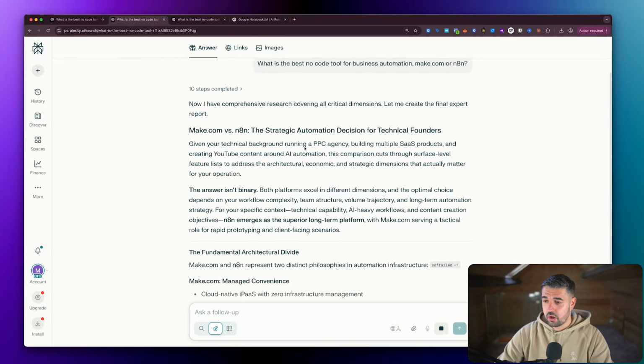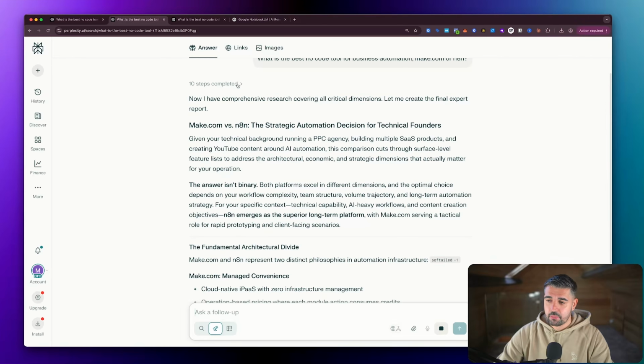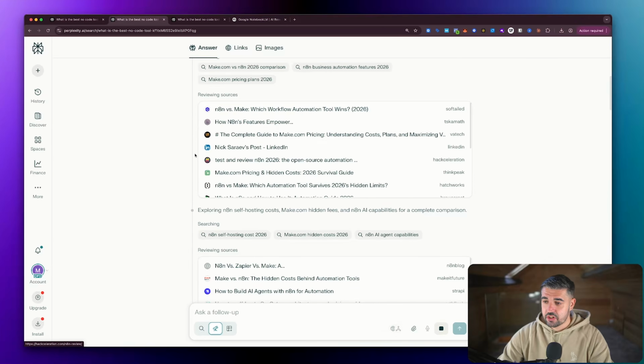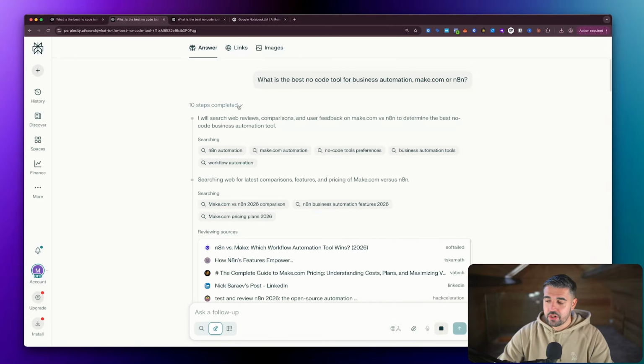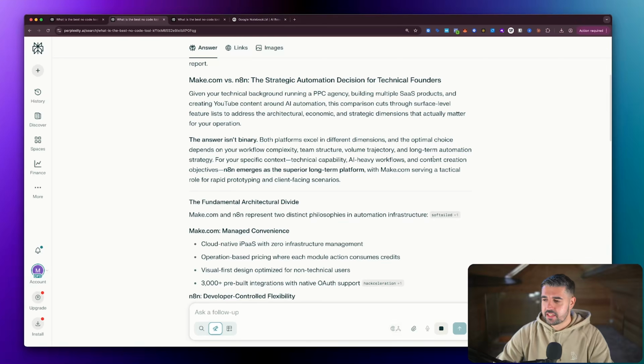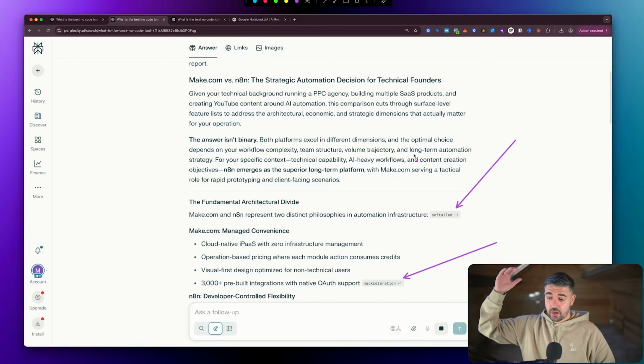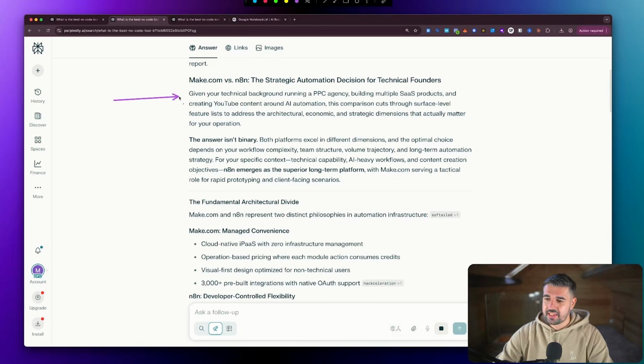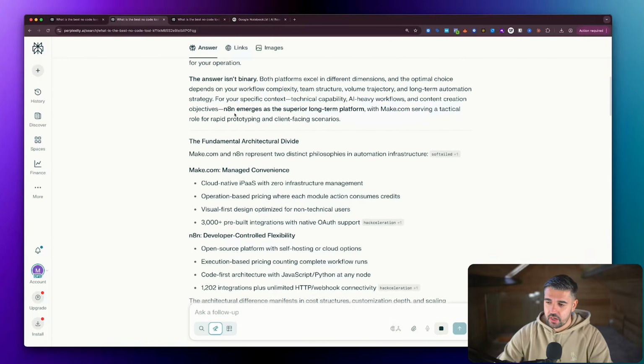And this is what is called an executive summary. If you click this little box here, it will show you the 10 steps that it completed. So you can go back and have a look at what each individual section, where it was driven from and where it pulled the information from, which is the beautiful thing. But the best thing about Perplexity and what makes it so powerful is the fact that you have individual citations within the executive summary. So it scanned a whole host of sources. It picked the best ones for our question. And then it gives us an executive summary that not only explains it, but because it understands a little bit about me, it's saying given my technical background running a PPC agency, etc., which is great.